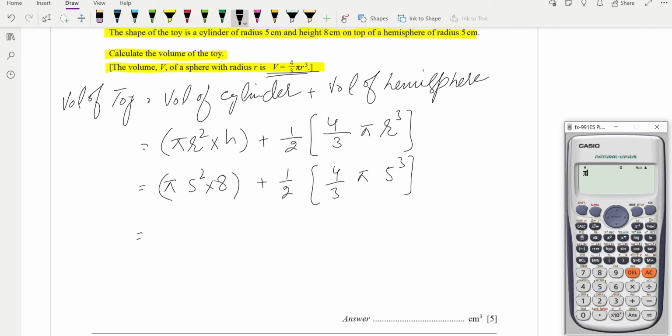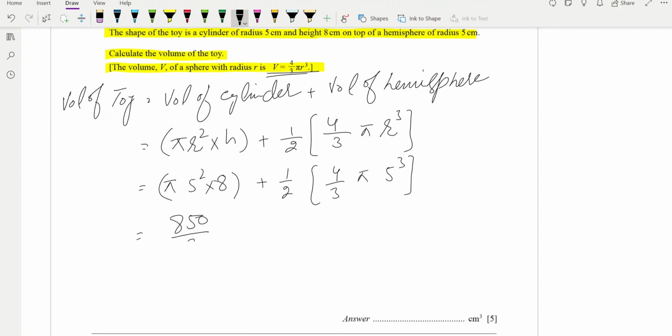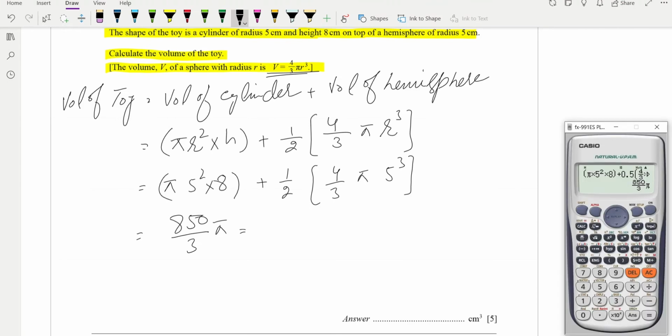This will be pi, we can put brackets, so next will be pi into 5 squared into 8, bracket close, and plus this will be 0.5, for 1 by 2, and bracket, and 4 over 3 into pi and multiply by 5 cube, and this bracket will be closed, and this is equal to 850 by 3 pi. So 850 over 3 pi, and the decimal value also we can write, the decimal value will be